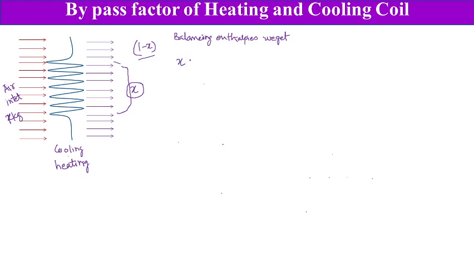So x into cpm into td1. Temperature of air is td1, which is entering. So this x amount of air is passing over the coil, plus 1 minus x,